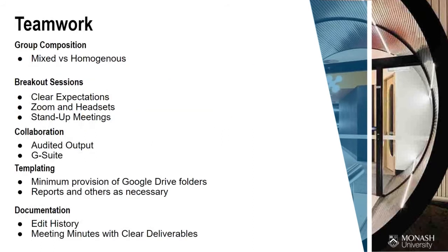As I mentioned before, teamwork is a big mandate in engineering instruction, and I'll just speak to a few of the items that we found there. There was a desire from academics to have homogeneous groups, meaning a group of students that is all on campus and another group that is all off campus. The university policy is essentially to provide a comparable experience to remote students, and so we, early on,